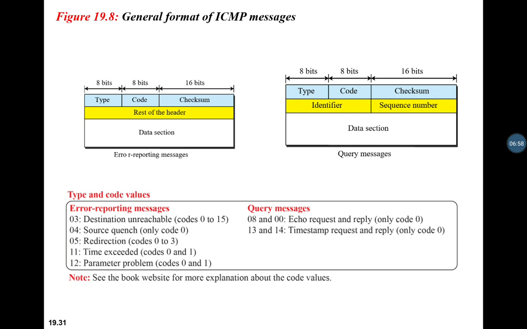As I have already told, in ICMP there is a facility to report errors, but there is no facility to correct errors. ICMP does not correct errors, it simply reports the errors. That is very important. Since the Internet Protocol is unreliable and connectionless, the responsibility of ICMP is to report the errors that occur when an IP datagram is processed. Remember that the function of ICMP, the Internet Control Message Protocol, is to report the errors which occur during the processing of an IP datagram.